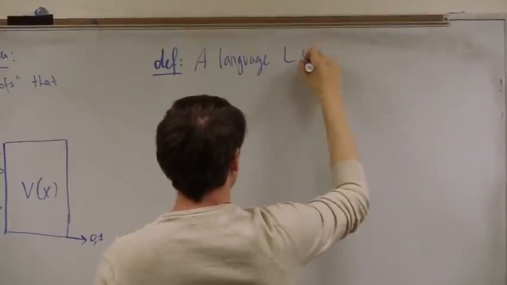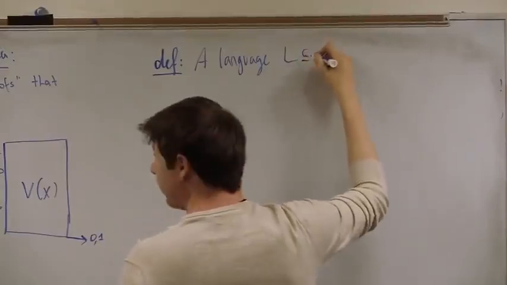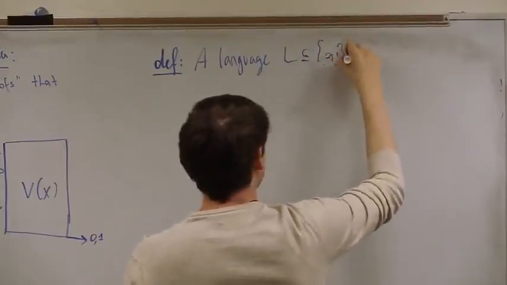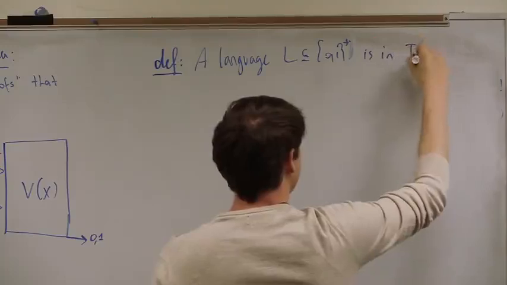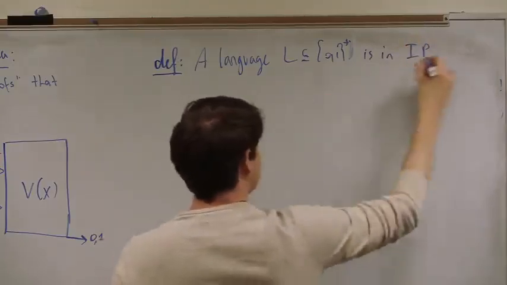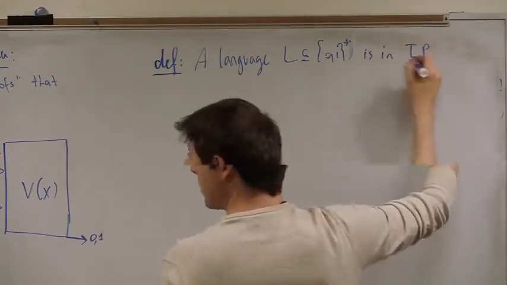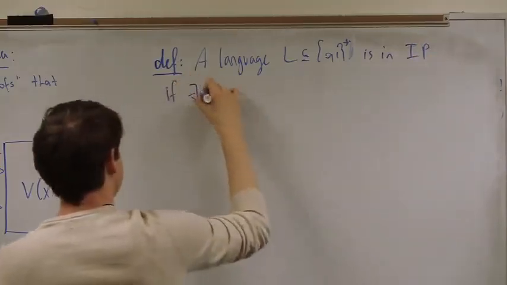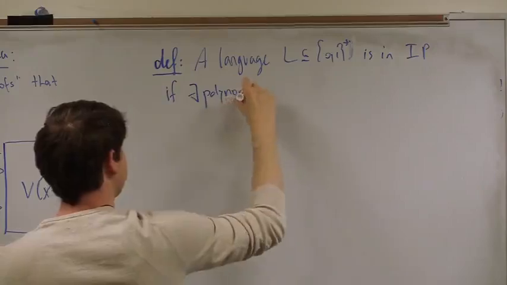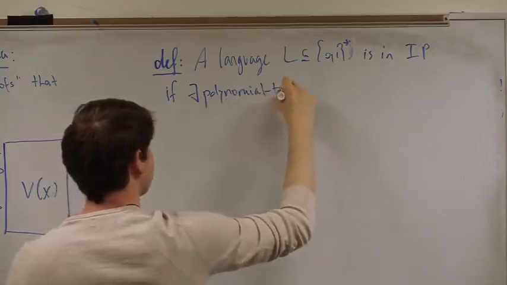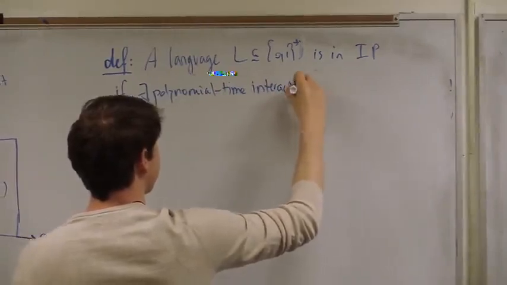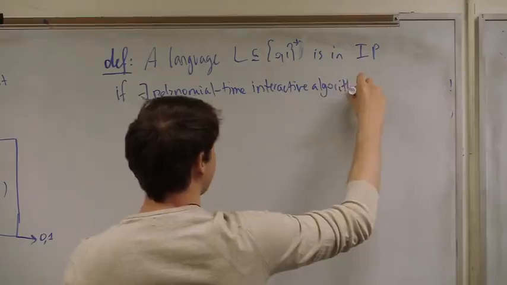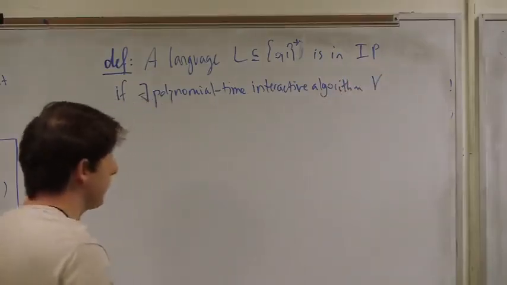A language L is in IP if there exists a polynomial time, now interactive algorithm V, okay,